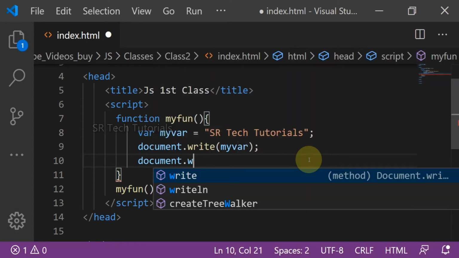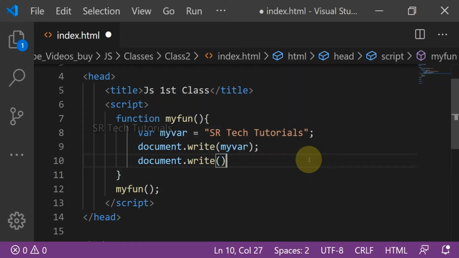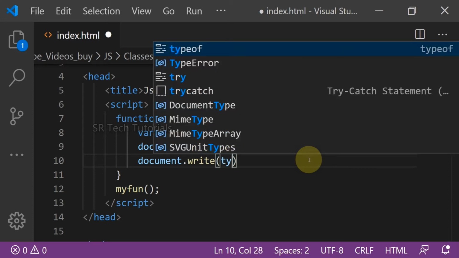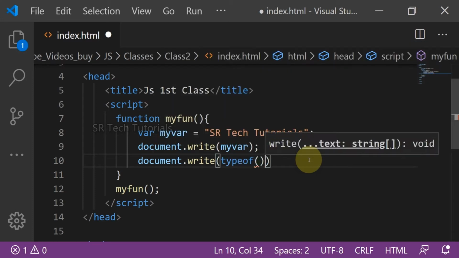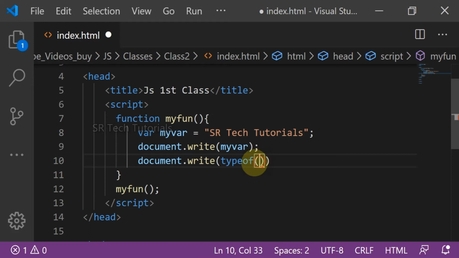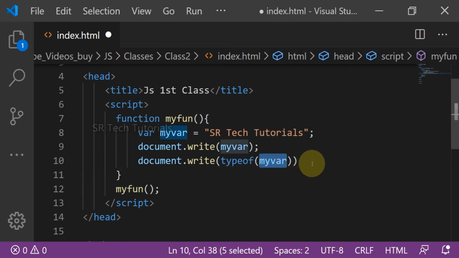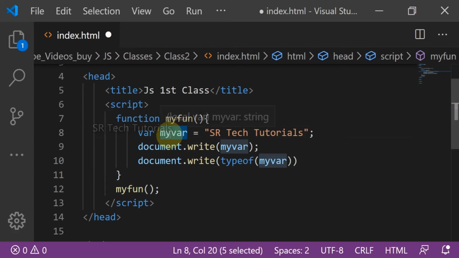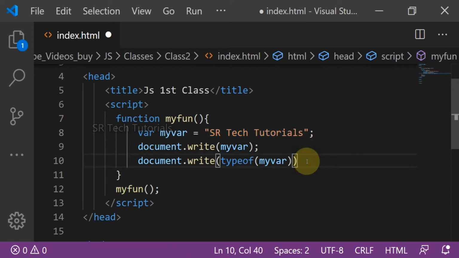I am writing document.write with the typeof method, which is there in JavaScript to check the data type of a variable. So I am checking the type of my variable, for which I assigned a string value. Now it will print the data type of my variable.